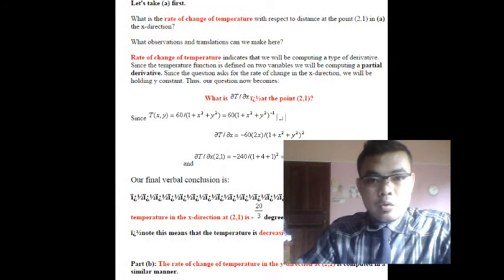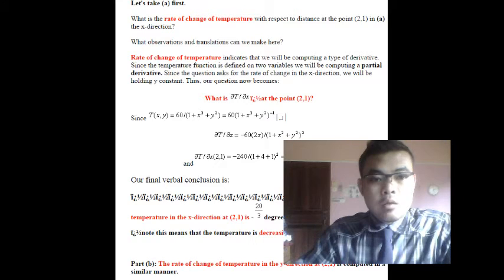The slide show and ask: what is delta T over delta x at the point (2, 1)? Since T(x,y) equals 60 over 1 plus x squared plus y squared, which equals 60 times (1 plus x squared plus y squared) to the power minus 1,